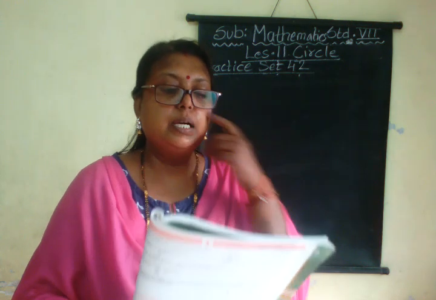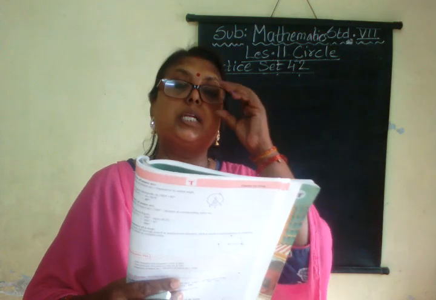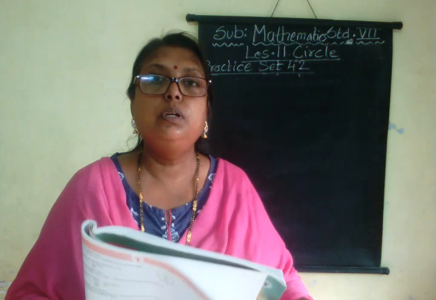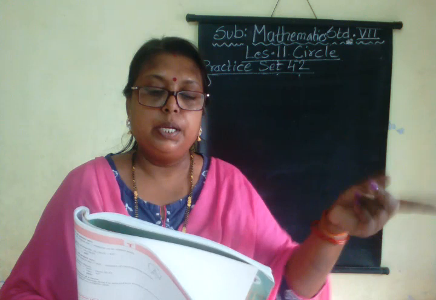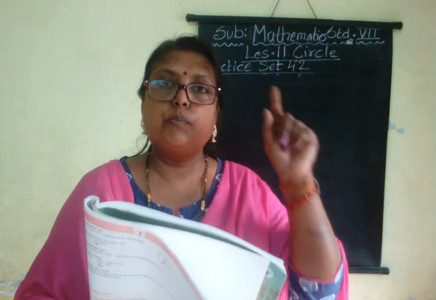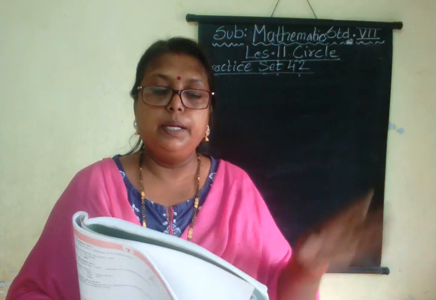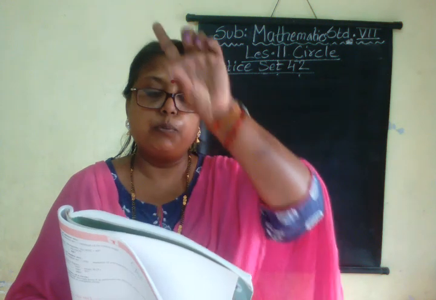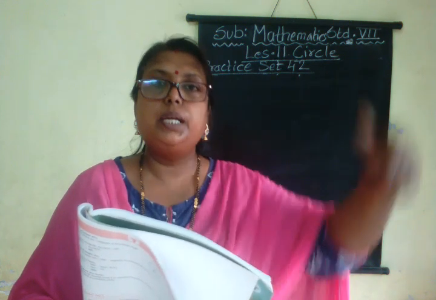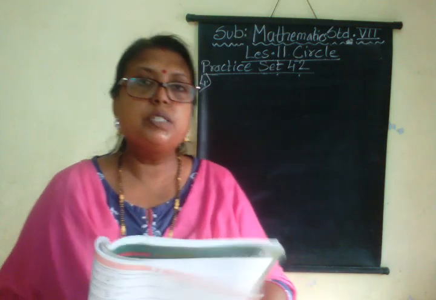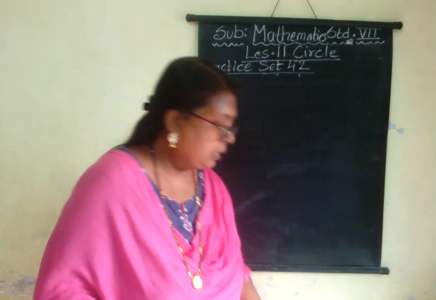Now they have given us diameter of wheel. Now what is the shape of the wheel first of all? Wheel is always circular in shape. Its diameter is given as 1.4 meter. And it is traveling a distance of 1.1 kilometer. So how many times the wheel is rotating, that we have to tell. So first we will write down the things that are given.